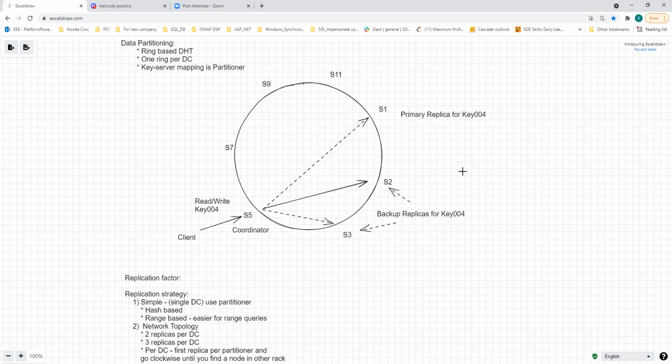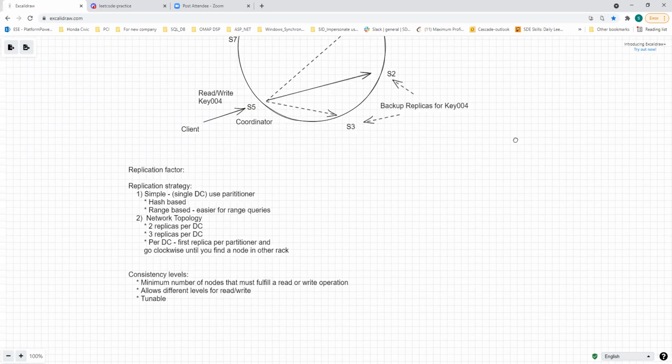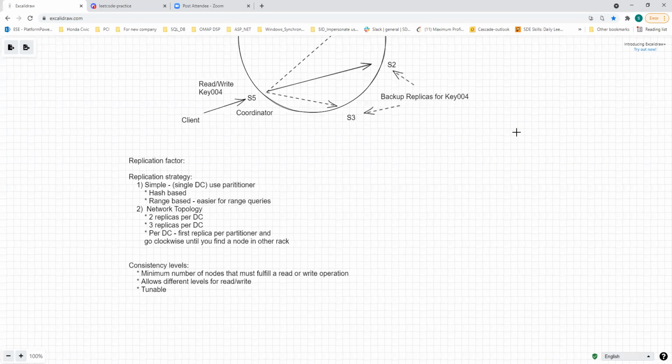But in brief, it was about consistent hashing and the ring and how things are taken care of here. So now the major thing about this Cassandra is the consistency level, right? So the consistency level, there are actually, first of all,